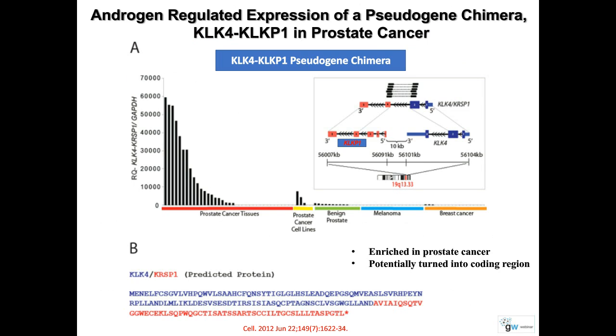The first 2 exons of KLK4 are fused with exons 4 and 5 of KLKP1. The full-length KLKP1 contains 5 exons. It is not coding for any protein by itself. The normal full-length KLKP1 does not code for any protein. Now, the first 2 exons of KLK4 fused with exons 4 and 5 of KLKP1 resulted in the fusion, and based on the open reading frame analysis, we found that indeed this fusion transcript is coding for a protein.